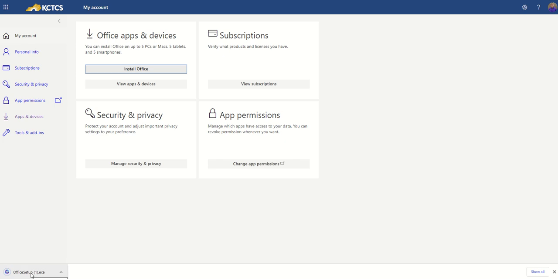This will download an installer onto your computer. When you click on the installer, you will be prompted with additional information about updating and installing Office on your computer. This process will take some time, but you do not need to have